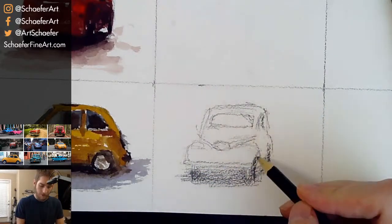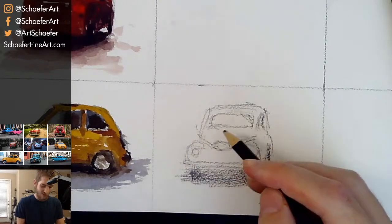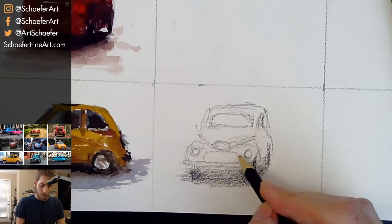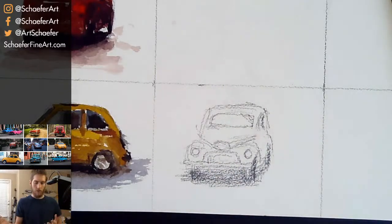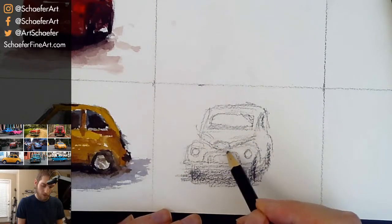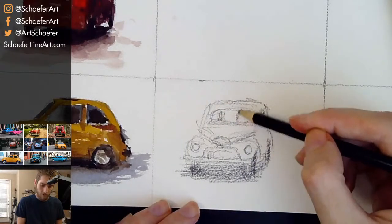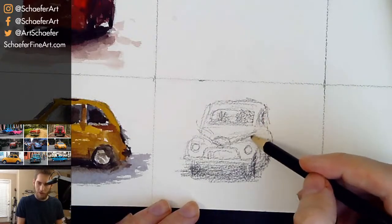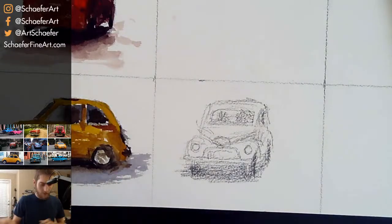So learning that, got some headlights here. We'll try to keep those white. We'll see if we can do that. And we have a nice grill on the front. We'll try to see if we can keep that too. Awesome. So that looks pretty good, I think. Okay. And we got some people inside. Doesn't really matter, but we'll put some shapes for seats and stuff. That's probably a little too detailed than what I want to do, but